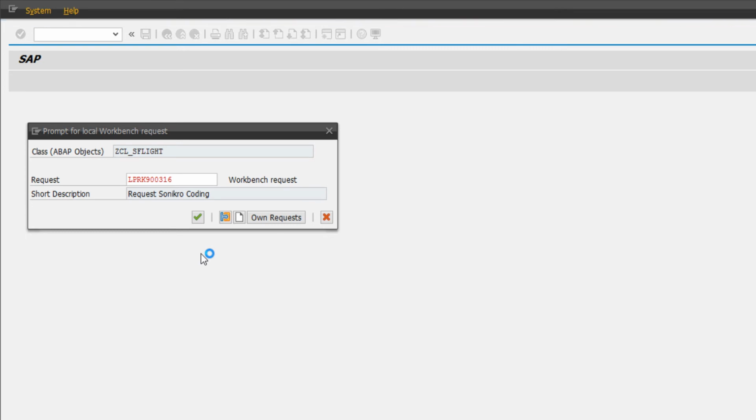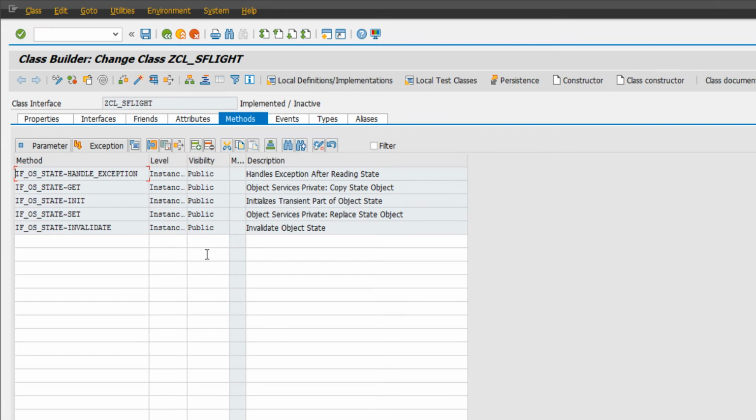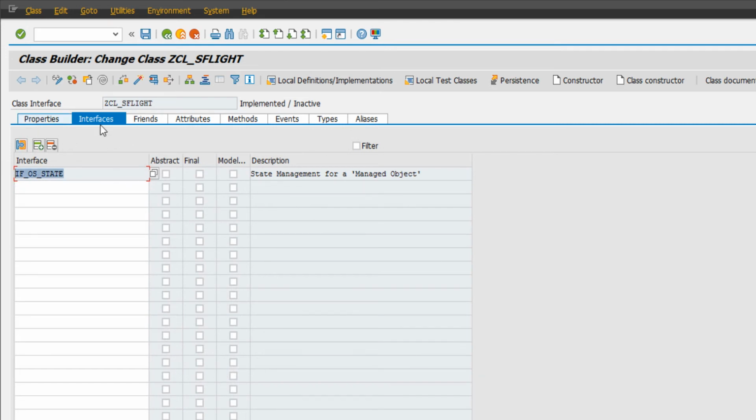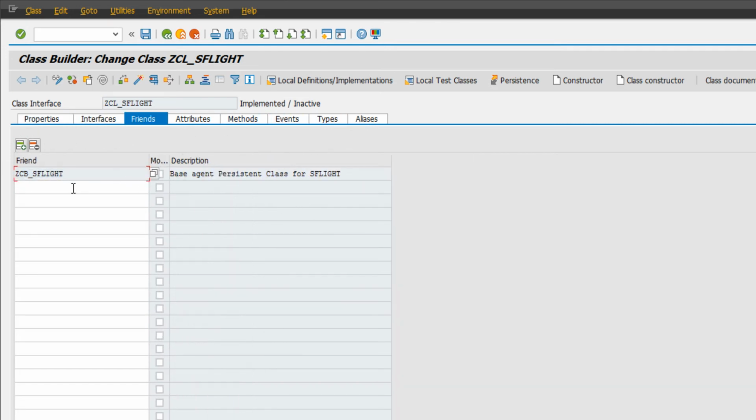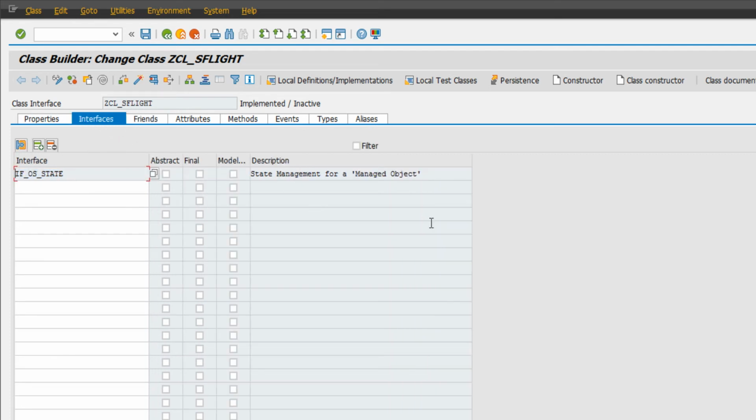But so far, this is just a regular class, like any other class. Okay, automatically the persistent class has some interfaces implemented and is a friend of the base agent class. So we're going to go through that later. First, what we need to do